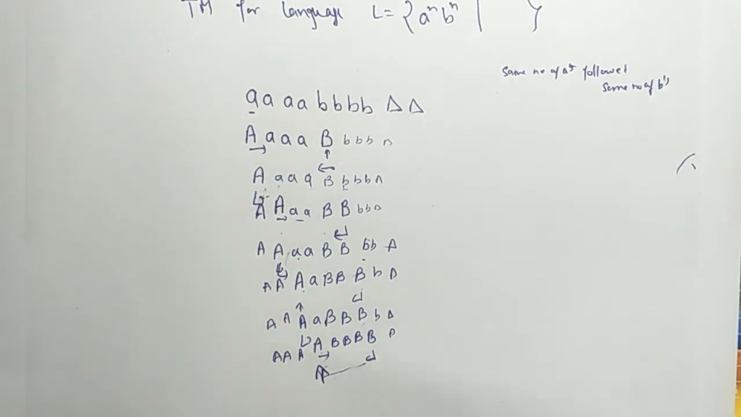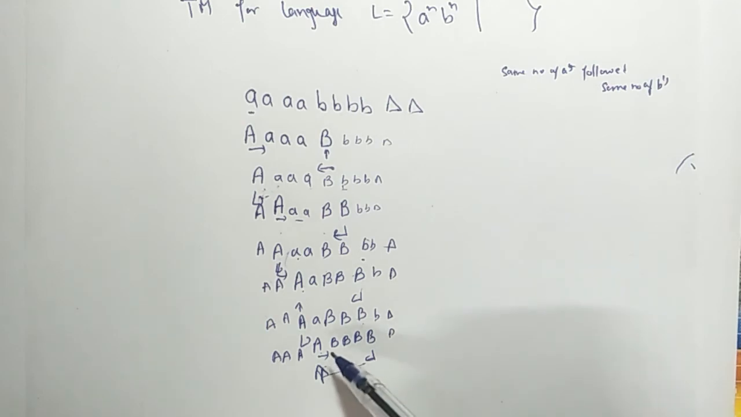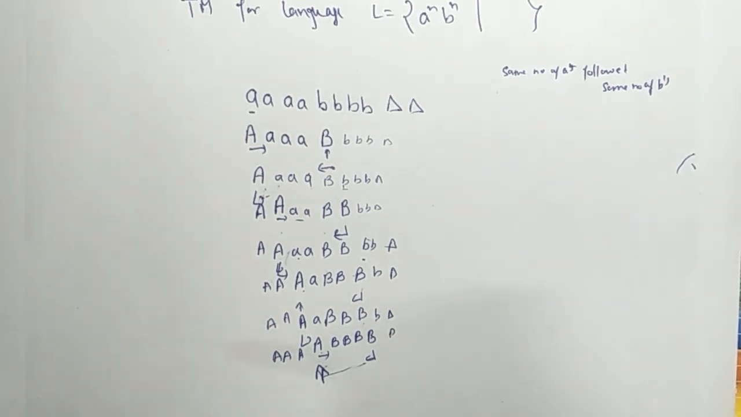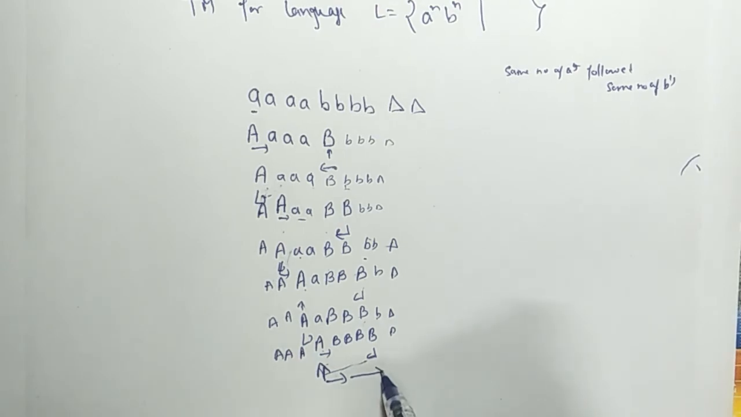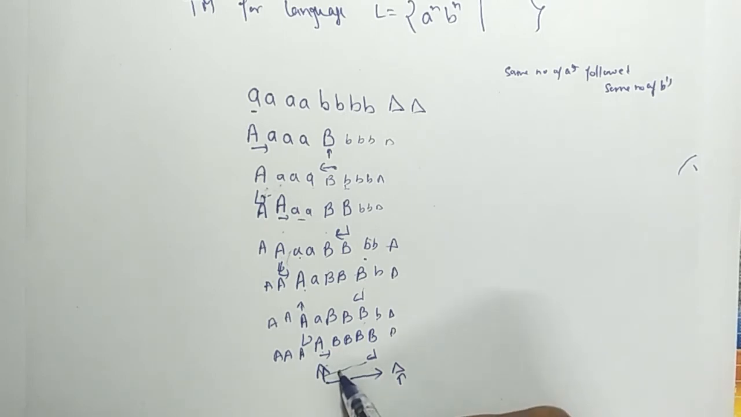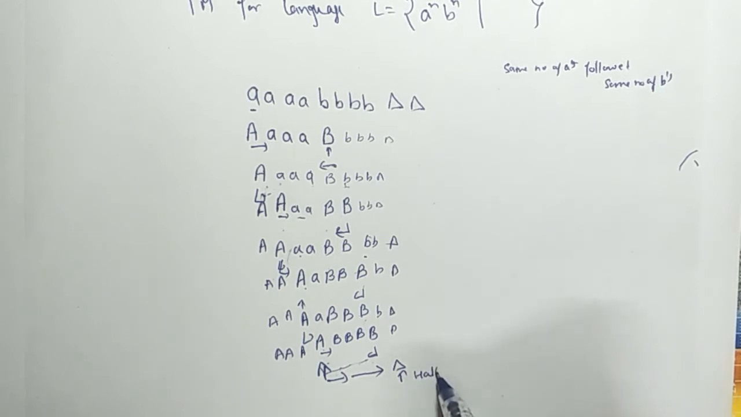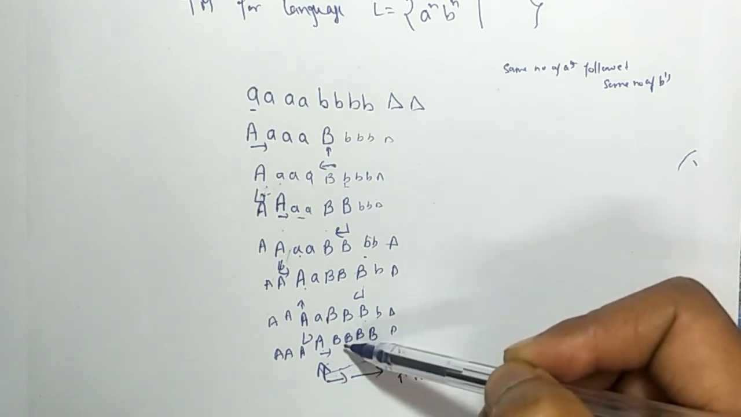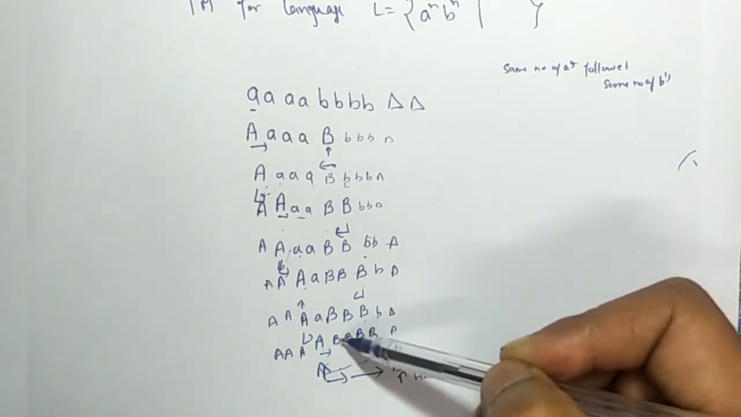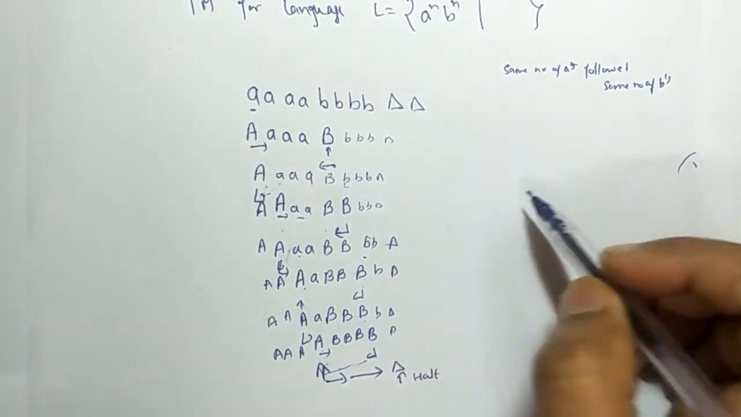But at the end, when you have marked all small a's, then you will not find a small a in the right of capital A. You will find capital B. You will find capital B in the right, and you will check there are all capital B's and there is a blank at the end. There is capital B, capital B, capital B, capital B, and blank, and here you will reach halt. You may halt here by getting capital B, but you have to ensure that there are all capital B's,